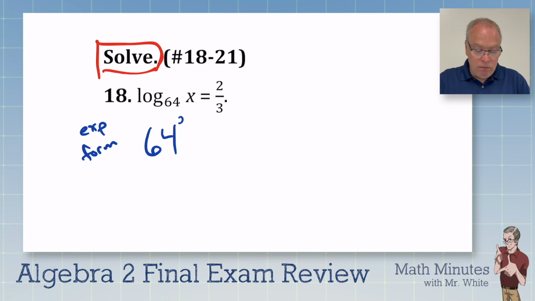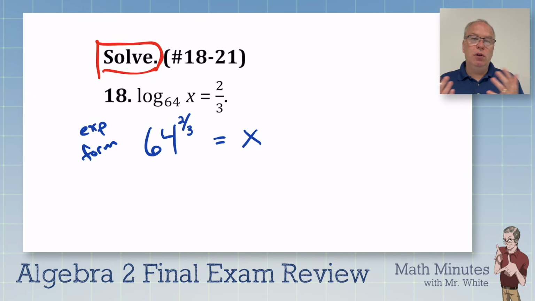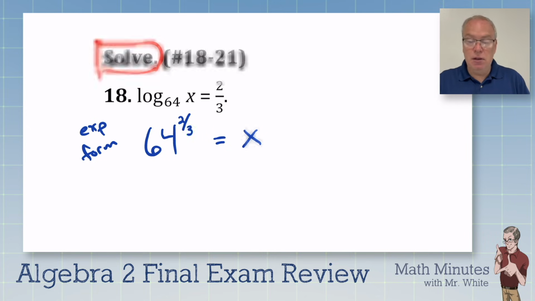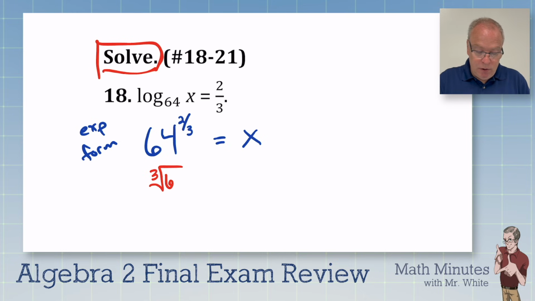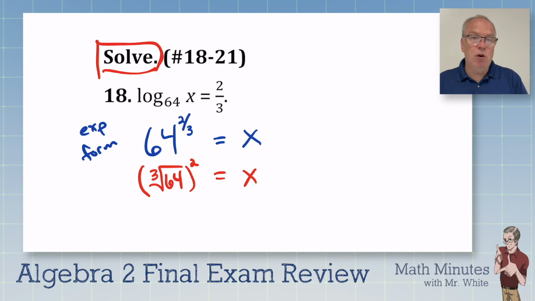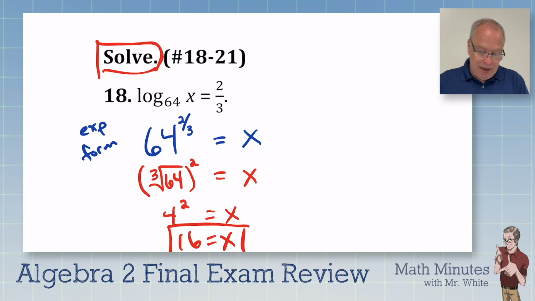So 64 to the 2/3 power is our answer. Now, of course, you could go to your calculator and type that in. Just be careful of using parentheses and things. But this is a great reminder that the number on the bottom is your root. This is the 3rd root of 64. And then the number on the top, folks, is an exponent on that. So if this were on a no calculator section of a test, you could do this. I'm able to do this and get 16 because I happen to know that 4